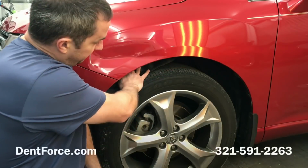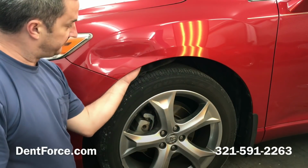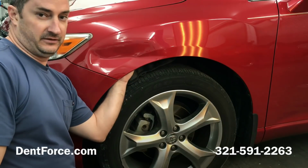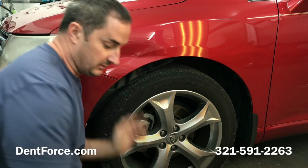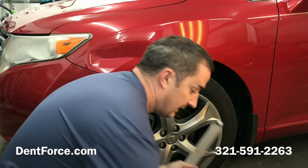I've got the liner here all pried down out of the way and all the clips removed, so now I have plenty of access underneath there. You can get your whole hand up underneath there. You still can't use your hand to push it out. So for today, I'll be using